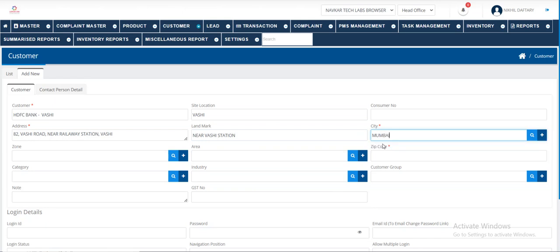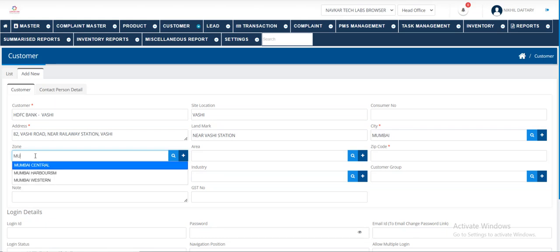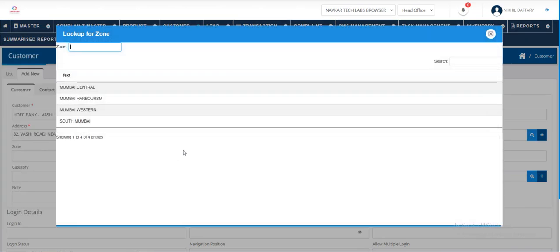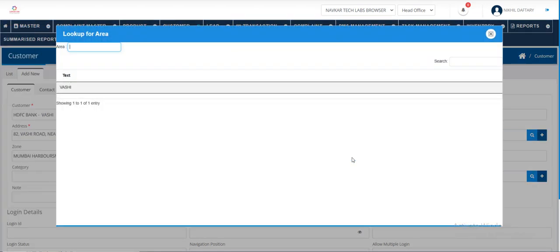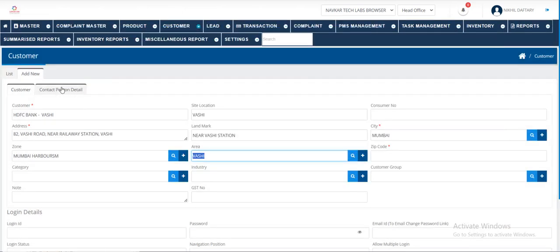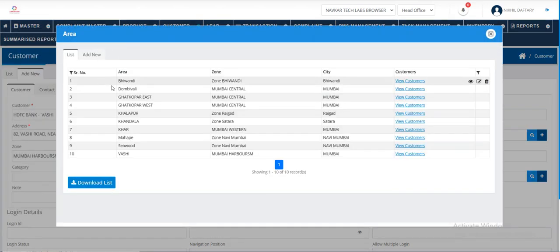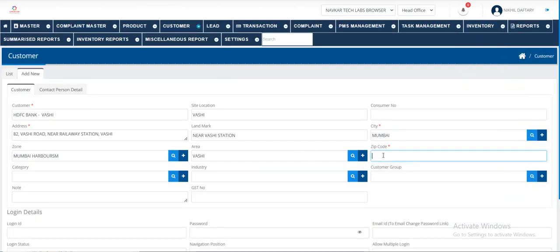City, I can say Mumbai. Select Mumbai. Zone, Western zone, or I can say Mumbai. I can also click on this button to get all the zones. I select Mumbai Harbour area. I can just check whether the area is there or not. It's defined. I select Vashi. If it is not there, you can click on this plus sign and you get the option to create the area under the zone. Zip code